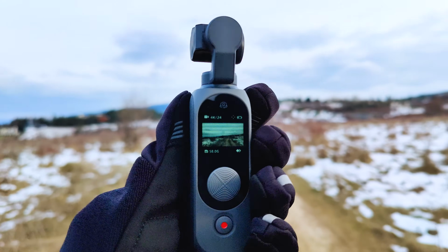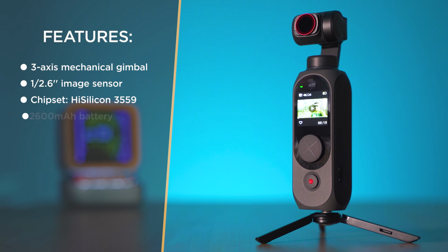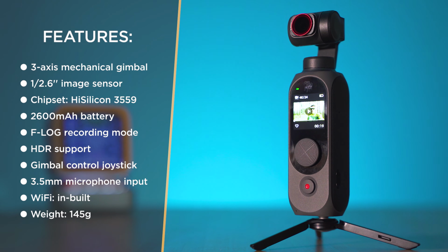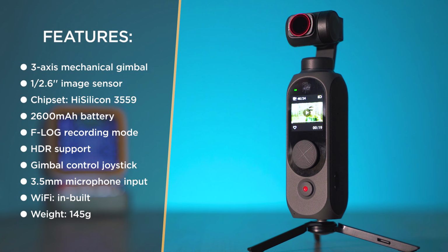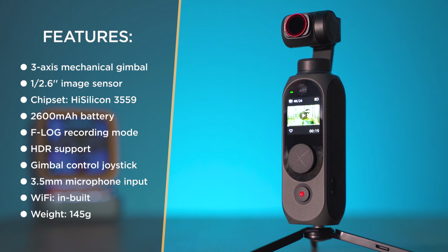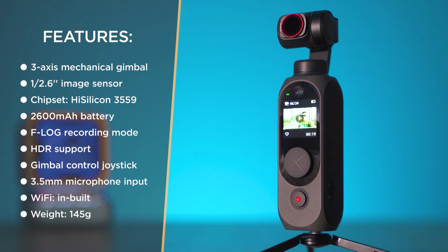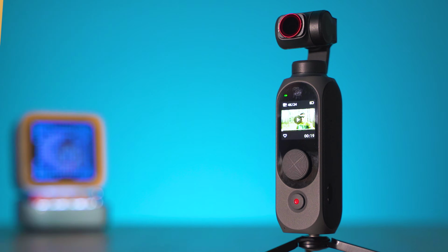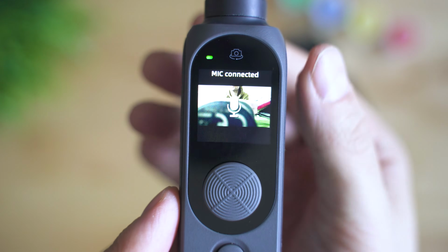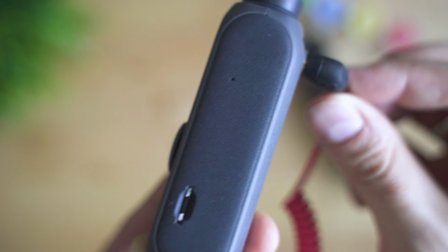First, the specs. The superb 3-axis mechanical stabilization. Chipset inside is the well-known HiSilicon 3559, same as what we had with the previous generation. Image sensor is 1x2.6-inch large, 12 megapixel. The lens is with 128 degrees ultra-wide field of view, a huge 2600 mAh battery, nice colorful touchscreen, inbuilt Wi-Fi, control joystick, face detection and smart track, and very important, 3.5mm microphone input, which is on the rear side of